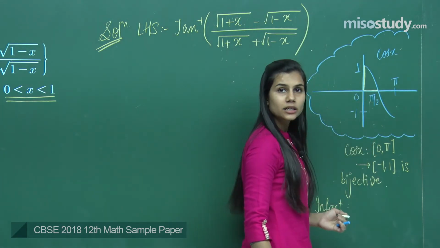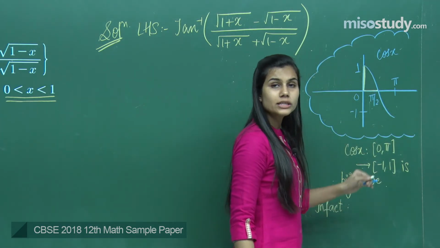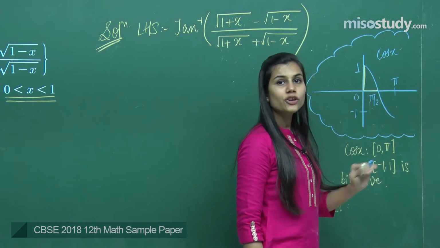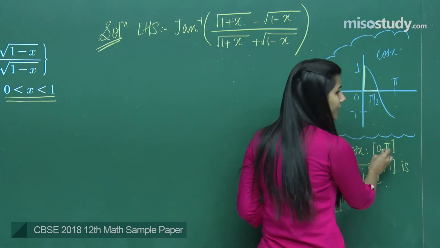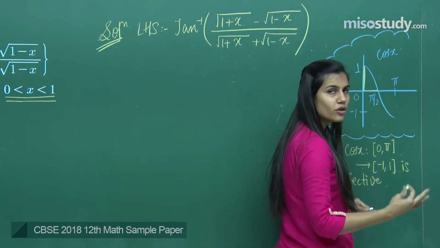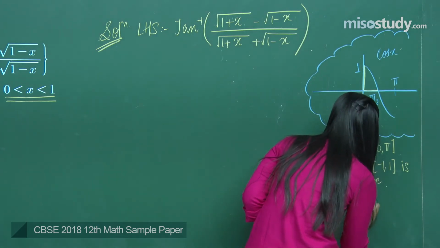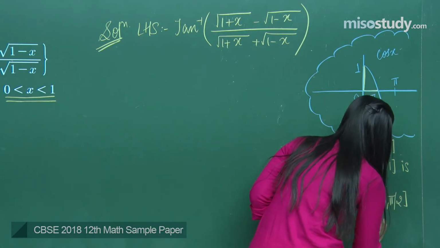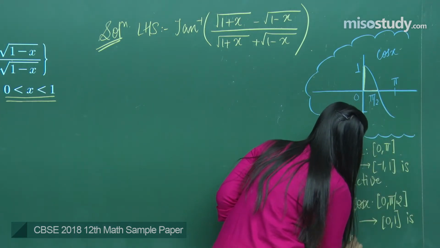In fact, if you carefully observe, from 0 comma pi by 2 to 0 to 1 also, the cos function is bijective. It's strictly decreasing, one-one and also onto. That is why I am just taking one section of the domain which is getting mapped in a one-one and onto manner to one section of the codomain, or the range. So I have that cos x from 0 comma pi by 2 to 0 comma 1 is also bijective,